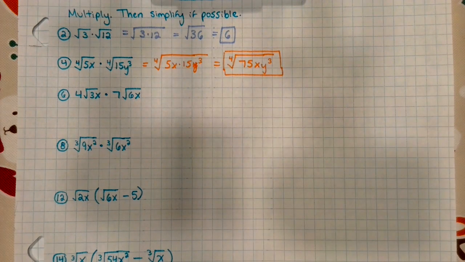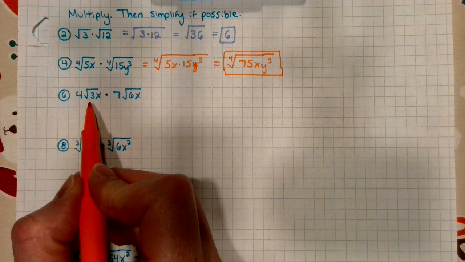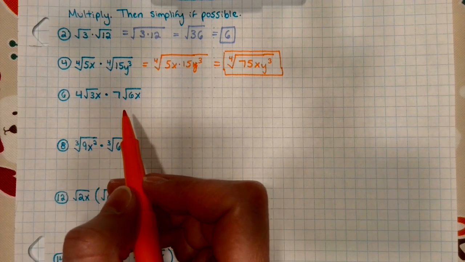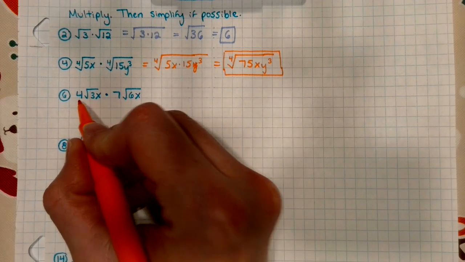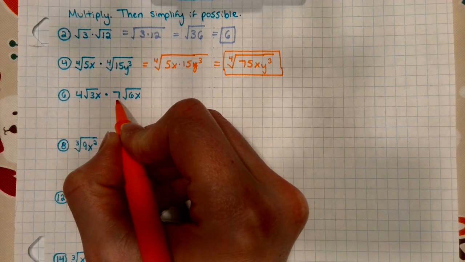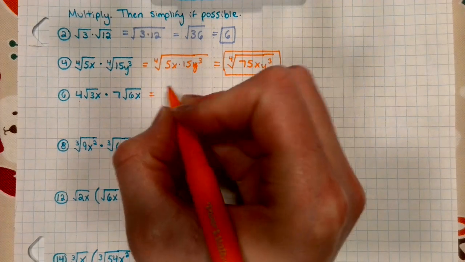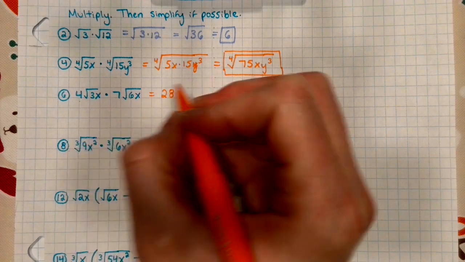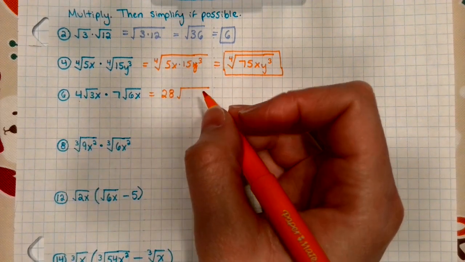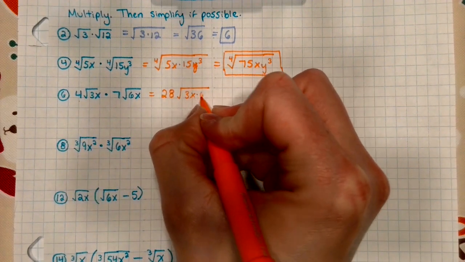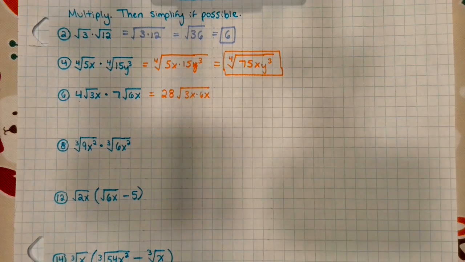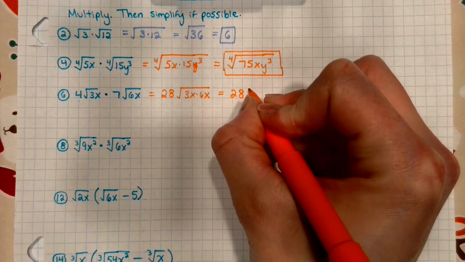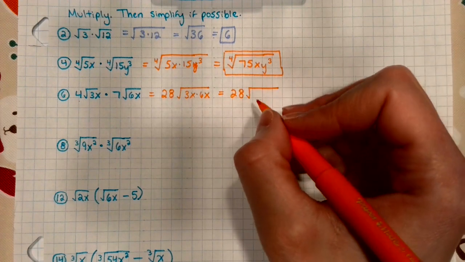For number 6, we have 4 times the square root of 3x times 7 times the square root of 6x. So for this problem, we're going to end up multiplying the two, basically, whole number factors out front. And so that's going to give us 28. So 4 times 7 is 28. And then these two here, we're going to have the square root of 3x times 6x, again, using that product rule. So now we're going to have 28 times the square root of 3x times 6x,